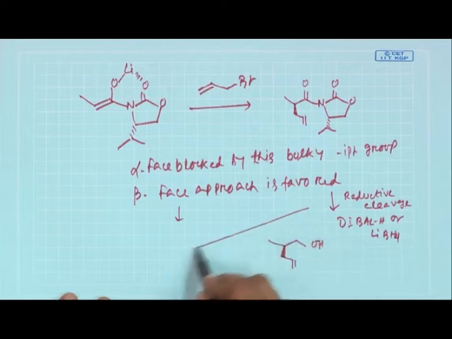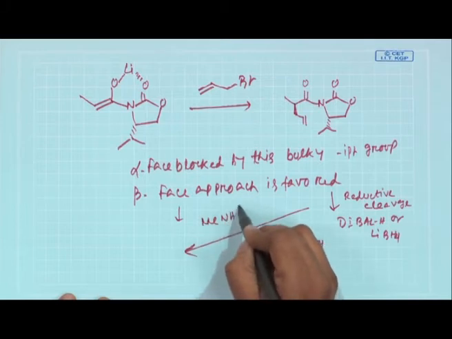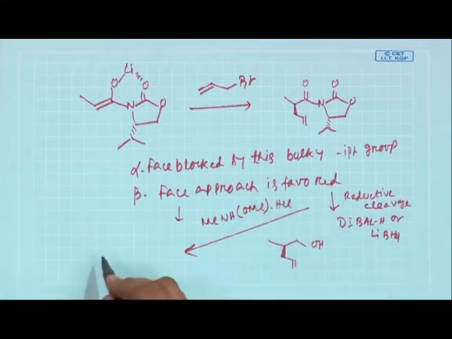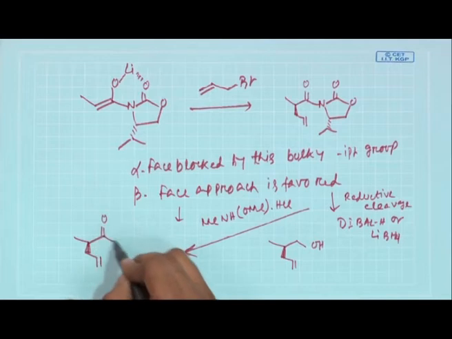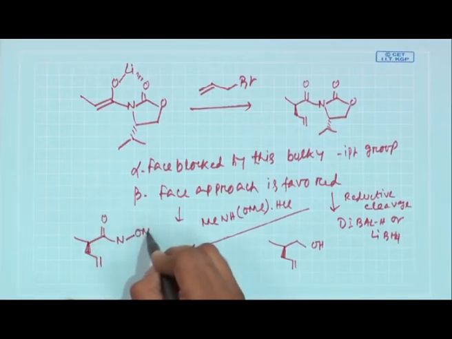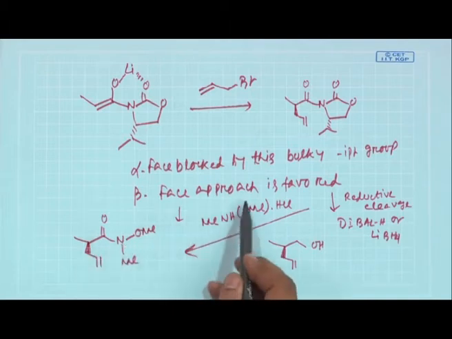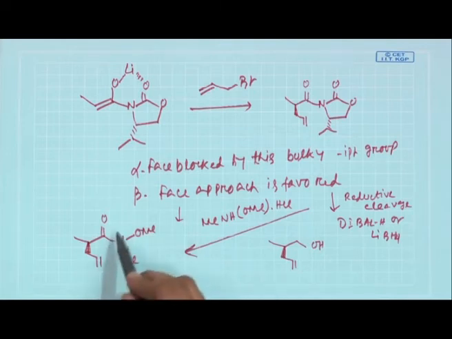There are also other ways you can cleave it. I am just giving you another approach. You can treat this compound with this our old friend, the Weinreb amine. Once you treat this compound with this Weinreb amine, that will cleave to give you this Weinreb amide. Now, this Weinreb amide gives you much more flexibility. You can convert this Weinreb amide to react with some other nucleophile, if in your synthetic exercises you need to put some other functional group.